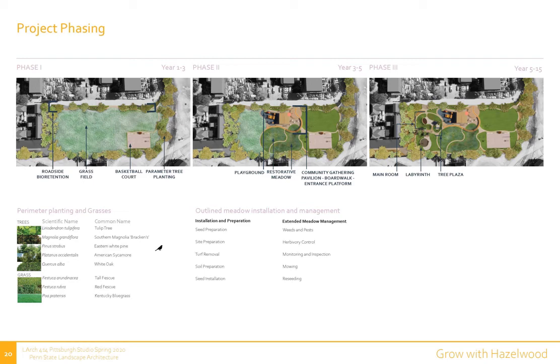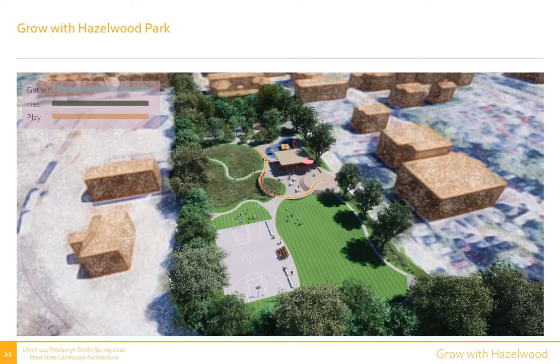The therapy garden will be fully functioning and cohesive and connecting to the other spaces. Before they are built, the Phase 2 and 3 projects will be planted with the same grass mix used on the multifunctional field. In conclusion, engaging with the people of Hazelwood allowed me to better address their needs and goals